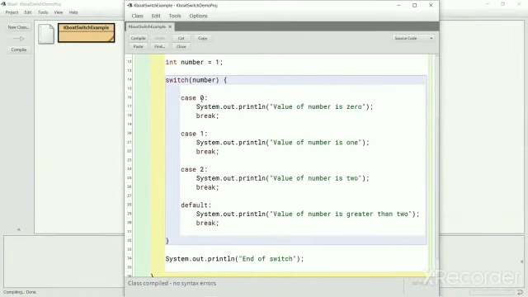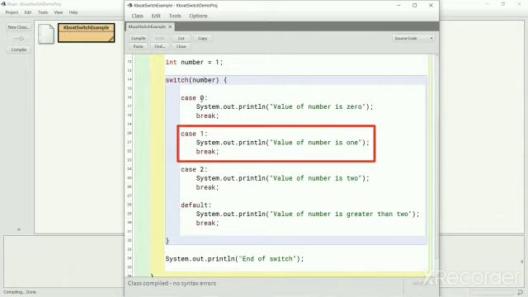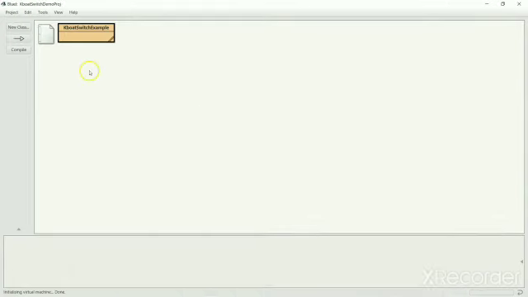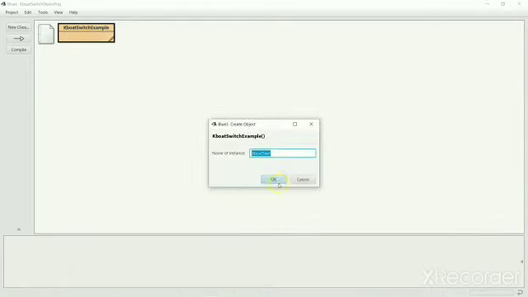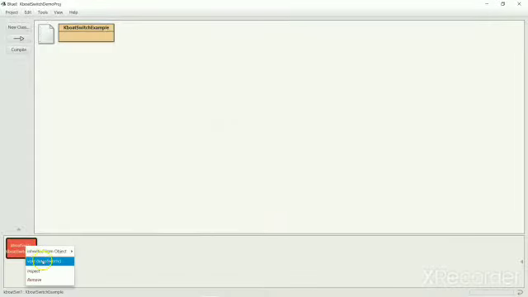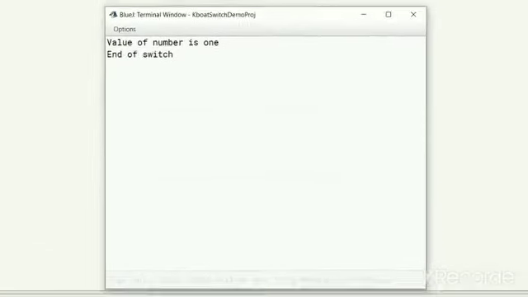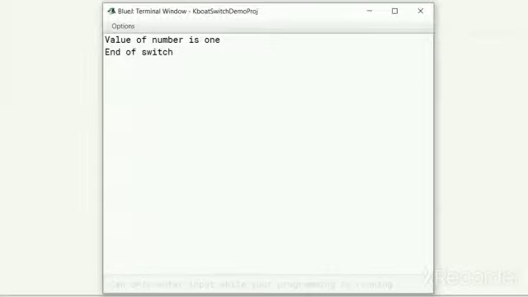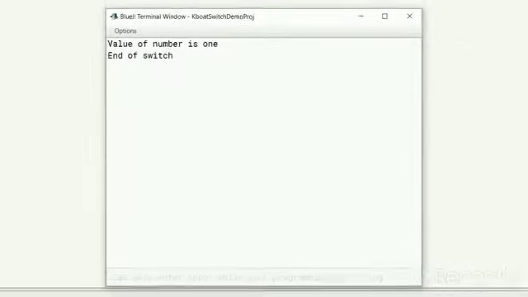As the value of number is 1, this case statement should get executed. I will create an object of this class and execute demo switch statement. As expected, case with value 1 gets executed.